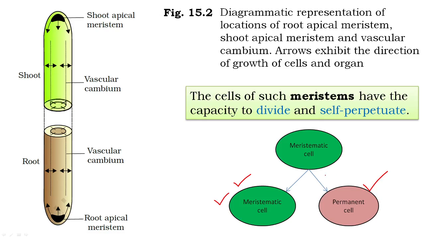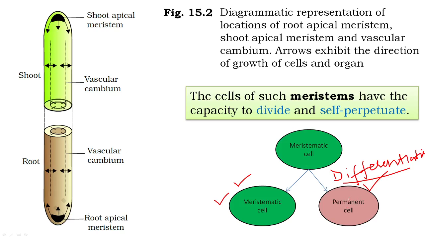So a meristematic cell becoming a permanent cell is called differentiation. So this particular type of cell, meristematic cell, which has got the potential to divide, right? After its division, sometimes some of the cells lose the capacity to divide and they become permanent cells. And this particular process is called differentiation, right?